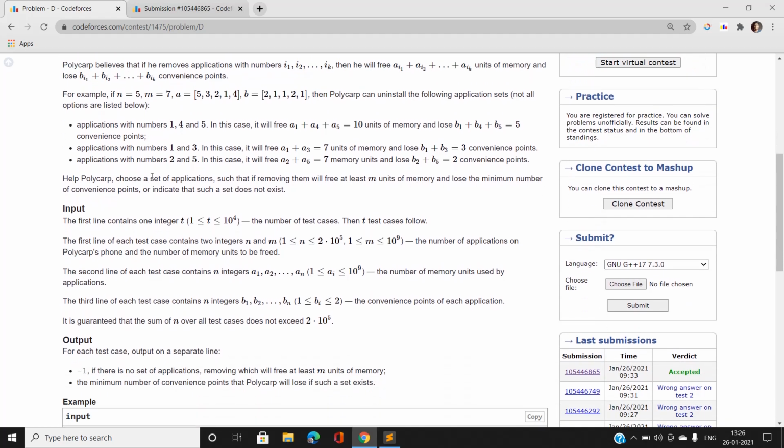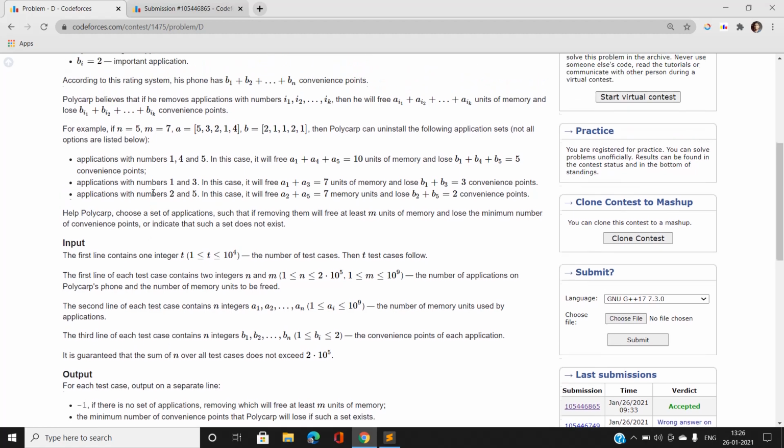So the question says that Polycarp chooses a set of applications, and he will be removing them such that he frees at least m units of memory and loses the minimum number of convenience points.